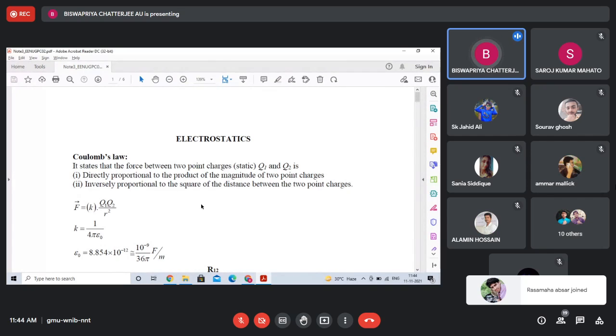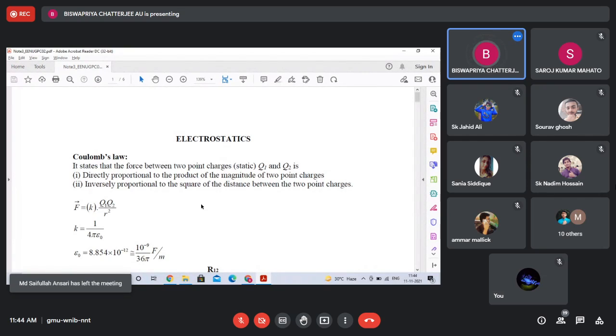So electrostatics, it's all about the charges in static position. That means it's not moving. So a famous scientist Coulomb gave his law regarding electrostatics. He said